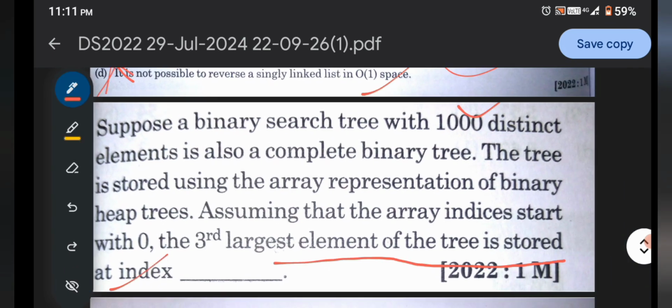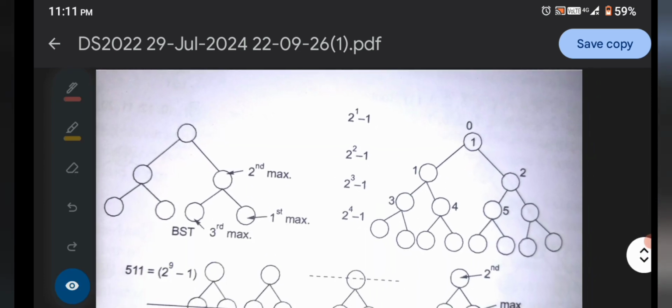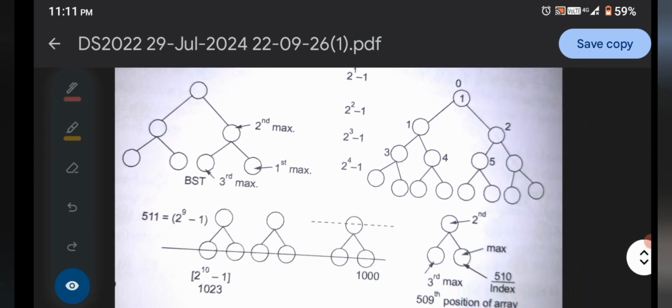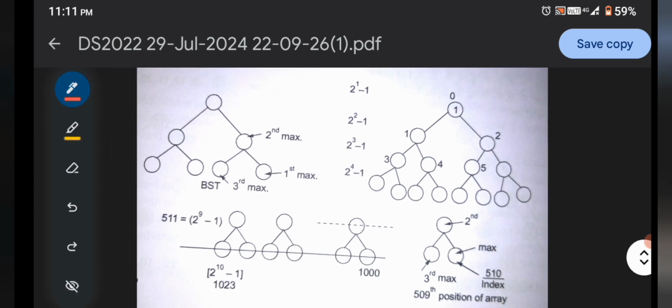Okay, now come to the solution of this problem. So it is a very interesting question asked here. Just note, if we're talking about the binary search tree, it is almost a complete binary tree, as the statement is given.